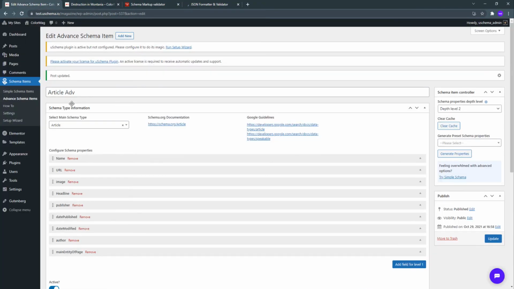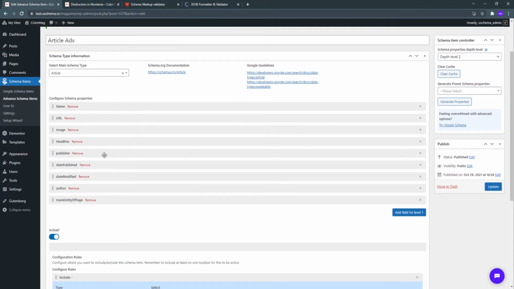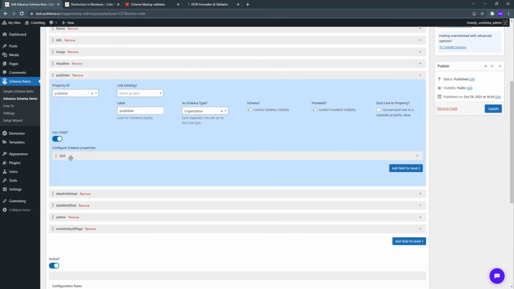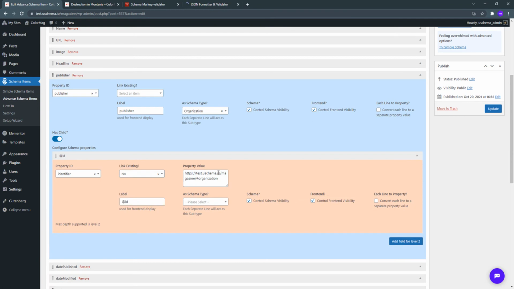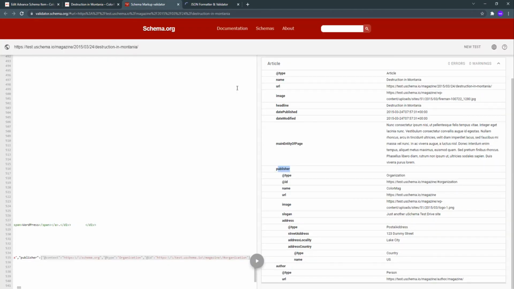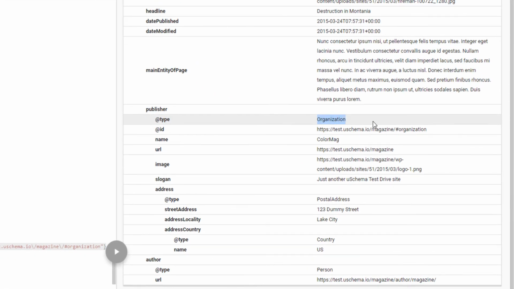Notice that inside the article schema I have just linked one ID here. I have not put all of the information here. This identifier is telling the schema validator that it is related to organization, and it has found that the ID is available, and it has grabbed all of the information here.